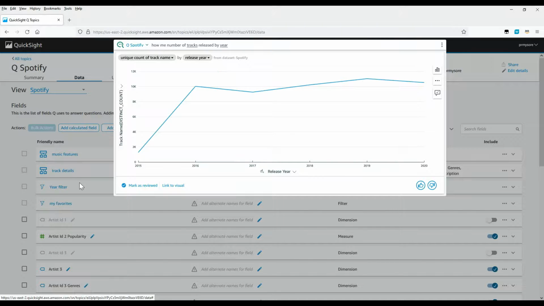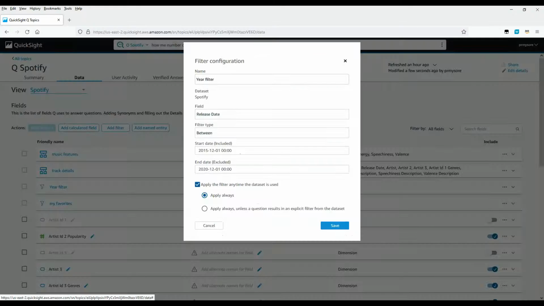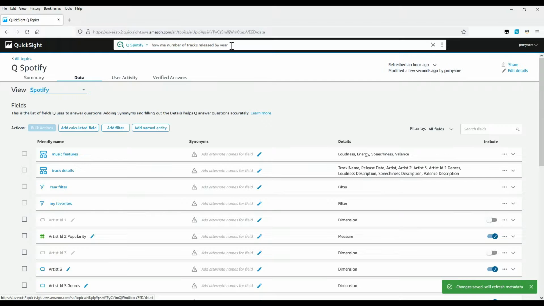Now, the same filter, if I go to the year filter and say conditionally apply. So here I'm selecting apply always unless the question results in an explicit filter from the data set. I know it's a little confusing. It's confusing to me too, but what this implies at a high level is it's a conditional filter. So if I save this, if I go back and ask the same question,